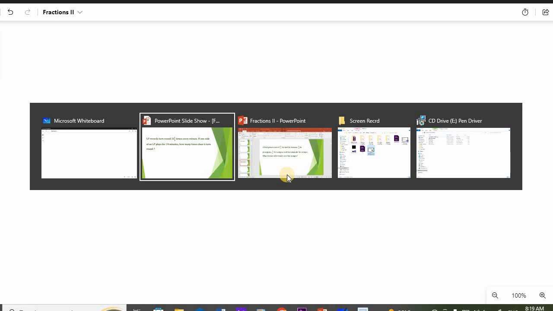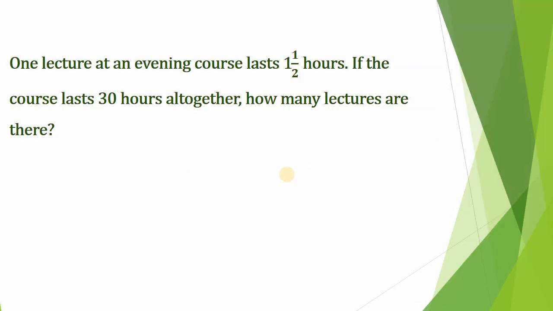Okay, so the next question is, now this question says one lecture at an evening course lasts for 1.5 hours. If the course lasts for 30 hours altogether, how many lectures are there? Now, all we simply need to do is to say 30 divided by 1.5. This will give us the number of lectures that are there. So we'll go back to our whiteboard to see how we can do this. So, solution is,